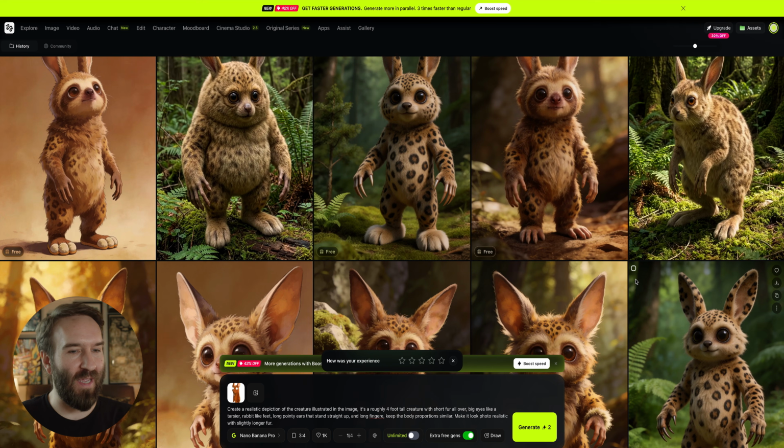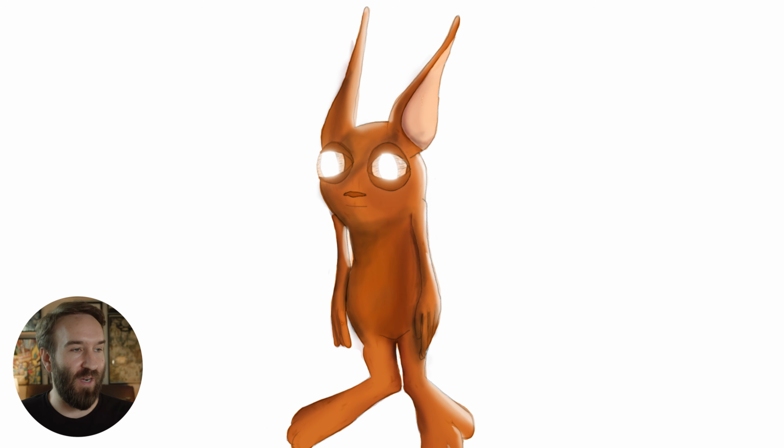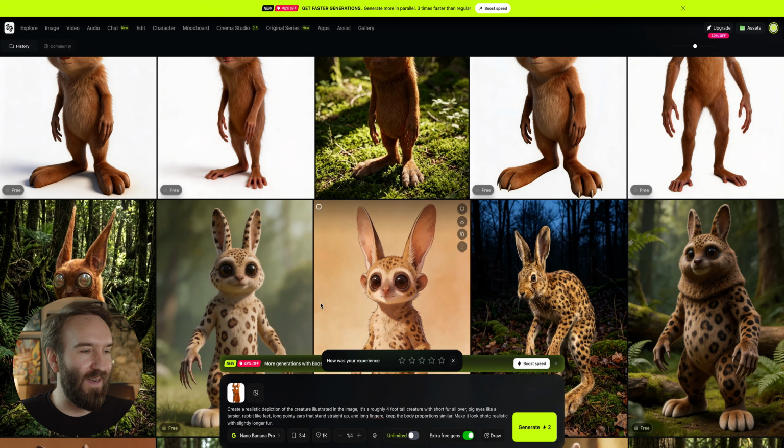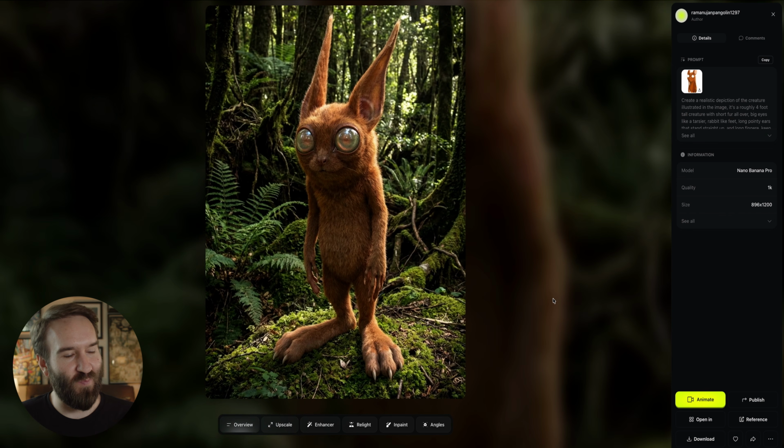Okay, so I kept prompting it and I wasn't getting any good results, and I could tell that it was a little bit too far away from what I was really imagining. So then I plugged this in and tried to generate some results from that, and now it's getting a little bit closer. This one is closer to what the original sketch looks like, but I don't really want it to look exactly like the sketch.